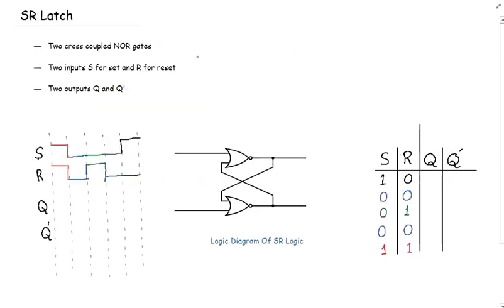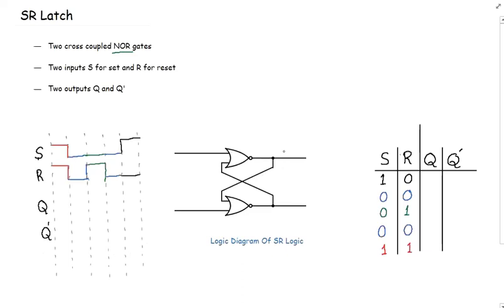The first latch that we are going to study is the SR latch. There are two main types of SR latch. One is using a NOR gate and another one is using a NAND gate. In this case, we are referring to the SR latch using a NOR gate. So here you can see